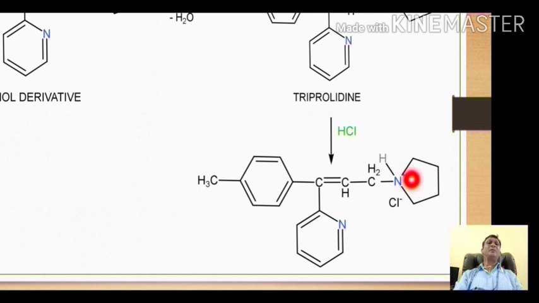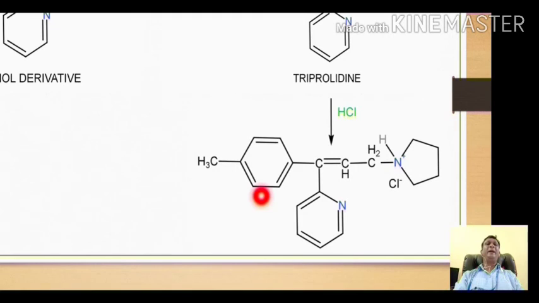So nitrogen has 4 bonds over here and thus is positively charged, and with this positively charged nitrogen, the chloride ion will make an ionic bond. So in this way we will get our title compound triptolidine hydrochloride, which is a salt form. Once this is converted into the salt, this salt has good water solubility because now it became polar in nature due to formation of this positive and the negative pole.